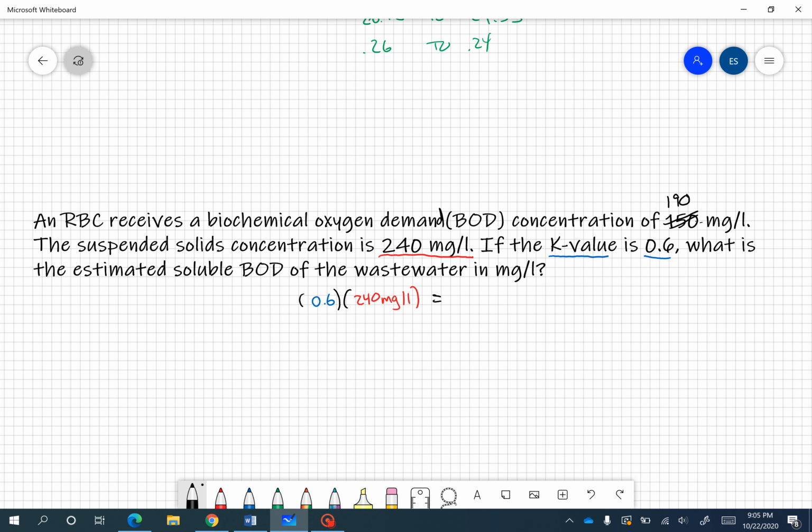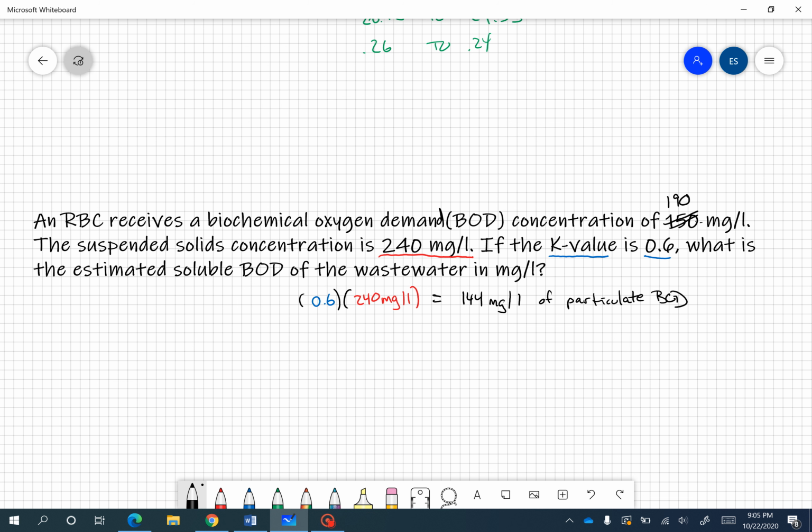So let's go ahead and multiply that out. 0.6 times 240 comes out to 144 milligrams per liter of estimated particulate